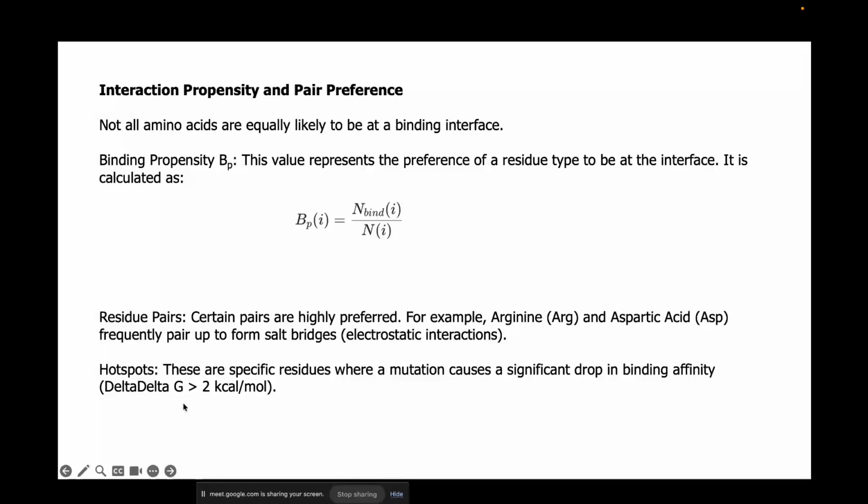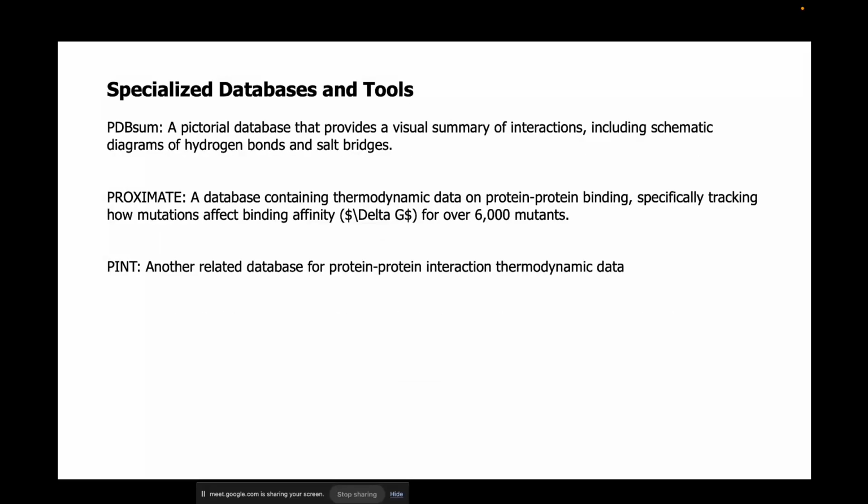also be hotspots. So there are specific residues where a mutation causes a significant drop in binding affinity, where the delta G, basically delta G is unfolded minus folded, and this is between the mutated versus non-mutated, will be greater than 2 kilocalories per mole. So mutations can occur which can significantly disturb the protein folding, because it brings about a drop in the binding affinity of the amino acid residues there as well, right? So many things, but